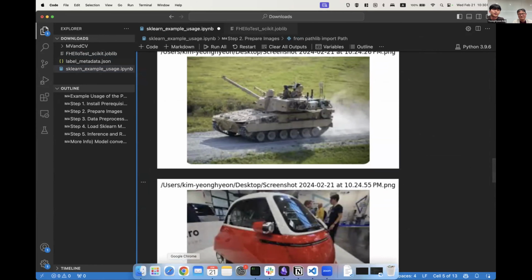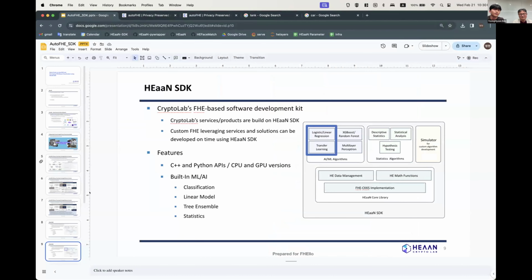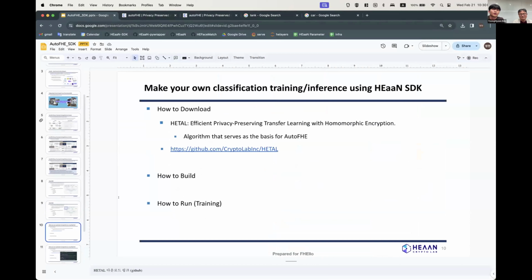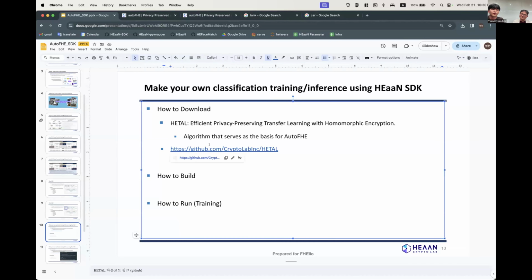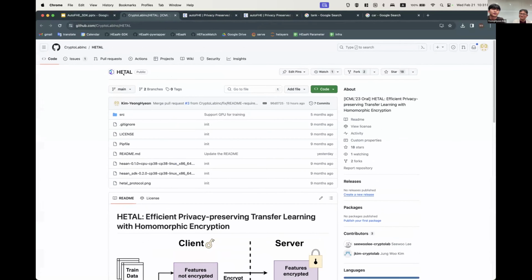So now let's talk about HEaaN. AutoFHE utilizes our HEaaN, so now I'll explain how to use HEaaN in code and apply it to your application. HEaaN is public on GitHub and can be found by searching for it.